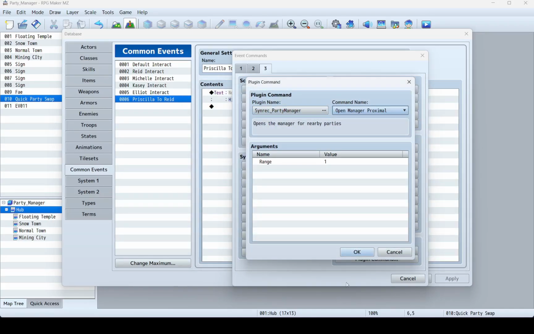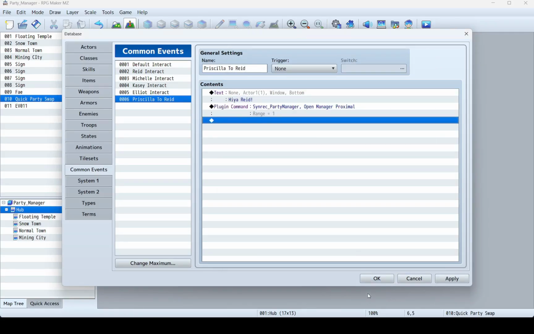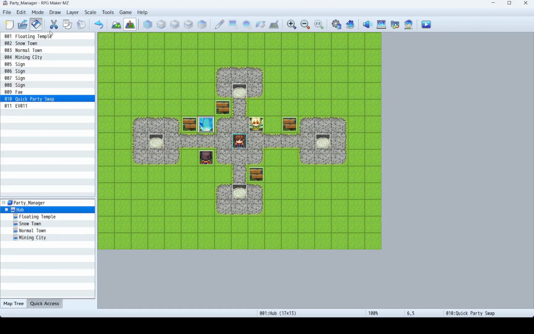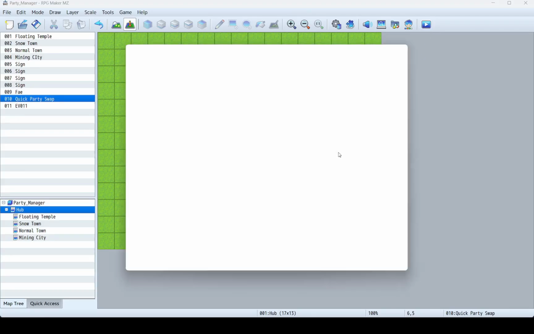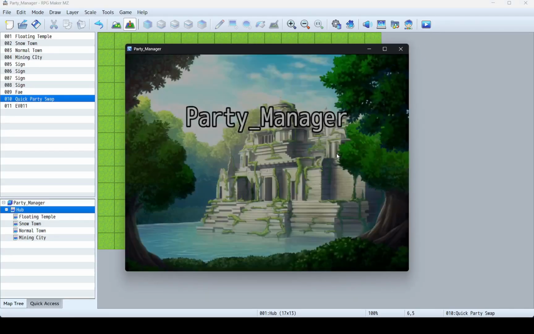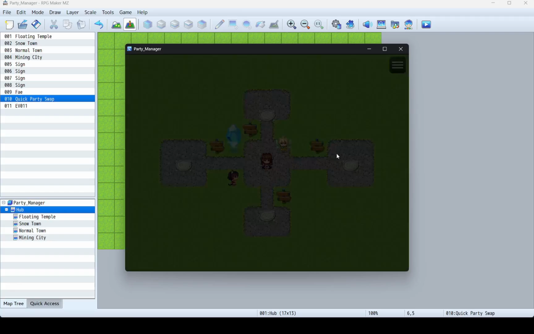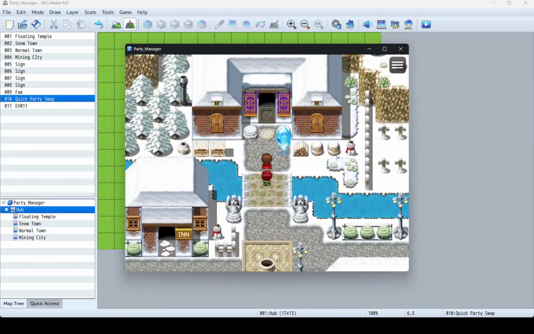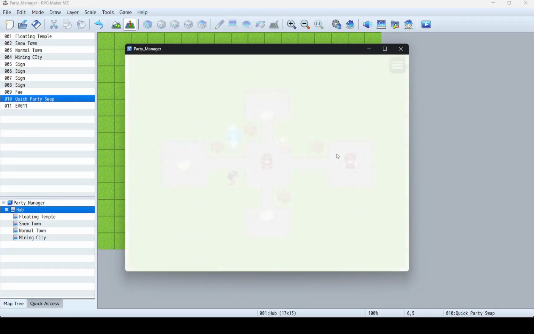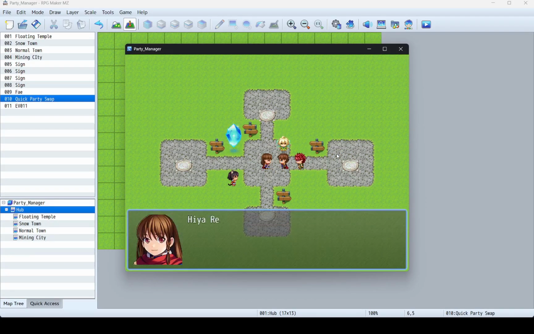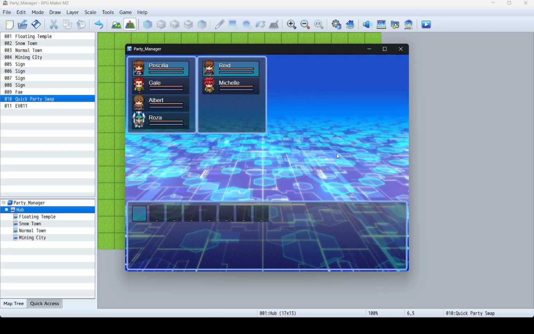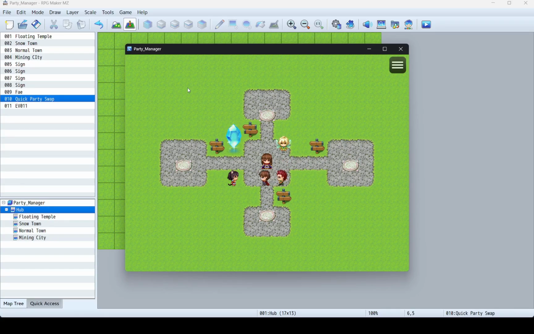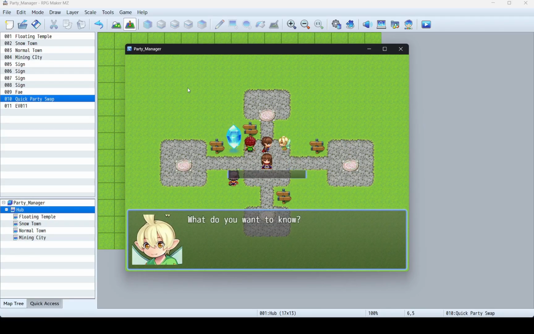And the range is 1. That means it had to be next to the event. Good. Next to the party, sorry. Game. Alright, immediately switch to Reed. And let's interact. And there we go. Only specific members can be swapped. Swap it immediately and then we get Reed in the party. But if you want to choose all,